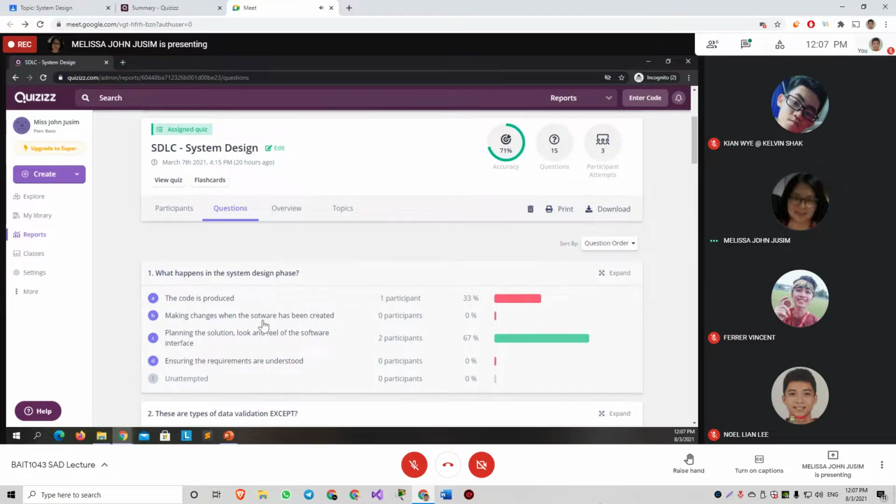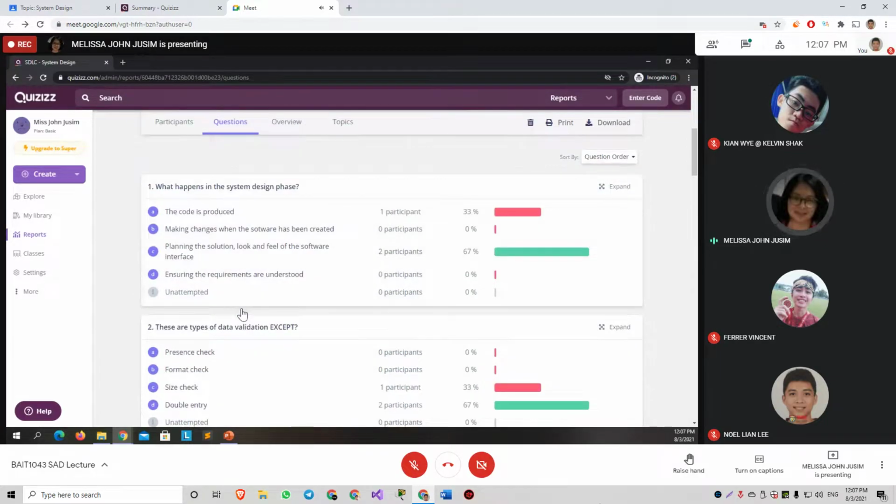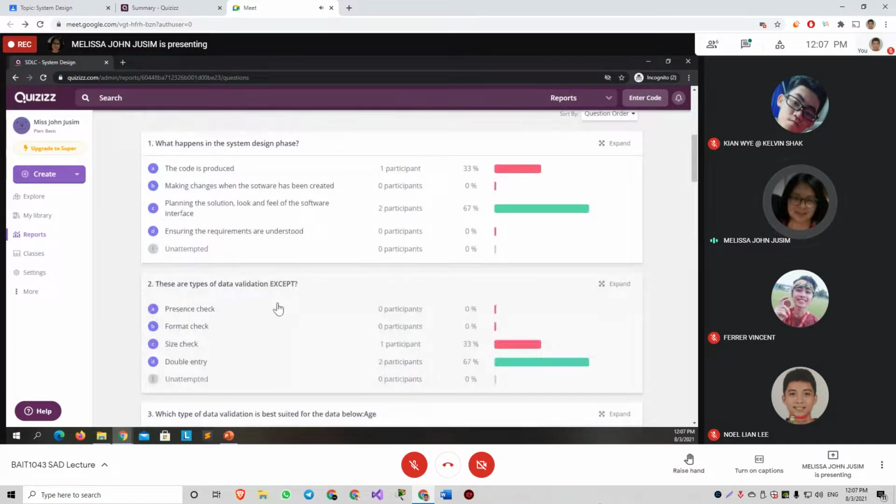Code is produced, what we're doing now, which is in the system development, not in the system design. And question 2 is, these are types of data validation, except: we don't have double entry. This is for accounting. But we do have the size check.